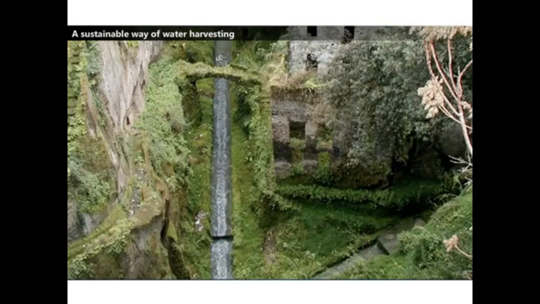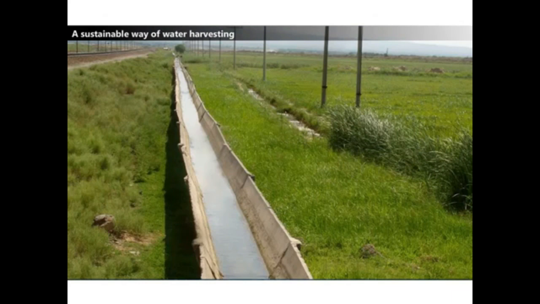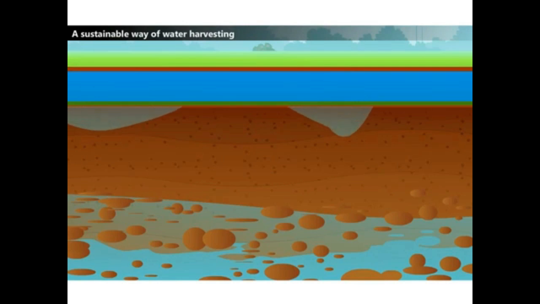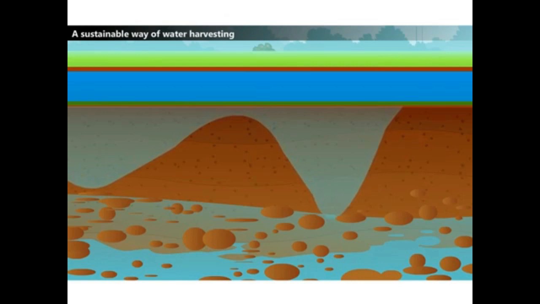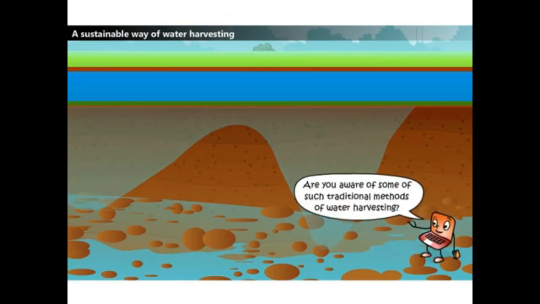The water flowing in the streams was diverted into man-made channels which took this water to the villages down the hillside. On the basis of an interesting agreement among the villagers, water was first used by the villages farthest away from the source, then progressively by those higher up. Water from these kulls also percolated into the soil and fed springs at various points in this system. Are you aware of some such traditional methods of water harvesting?